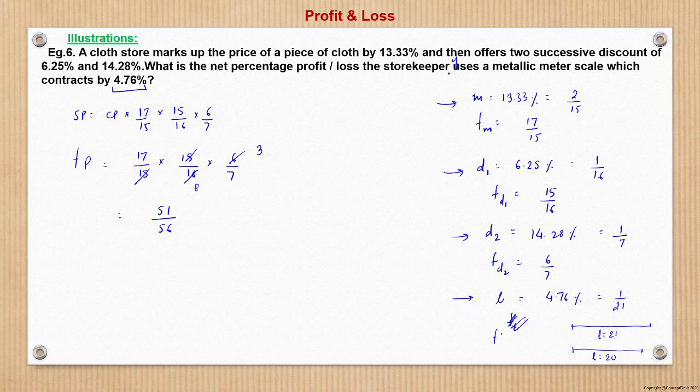So the factor here would be 21 upon 20. Why? Because the shopkeeper will be getting a price equivalent to 21 into some x price per unit, and actual cost to the shopkeeper will only be 20, because he is giving just a length of 20 meters. So 20 meters into x, so it becomes 21 by 20, right? So here I multiply one more term, which is 21 by 20.